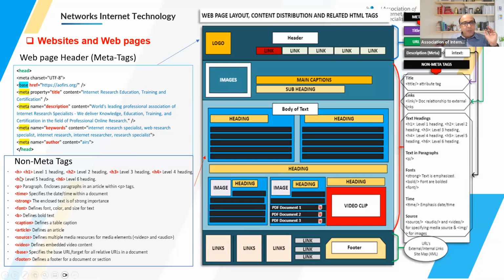So, for example, H1, H2, H3 tags are understood by the search engine as having the highest level of importance